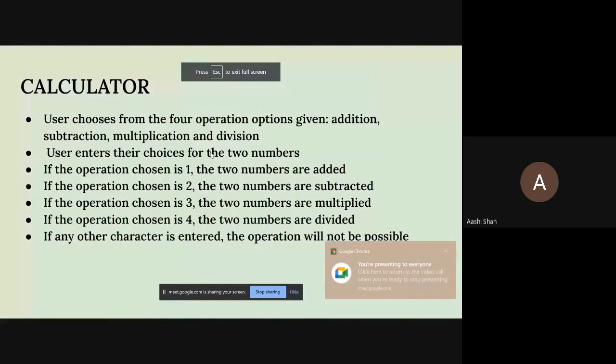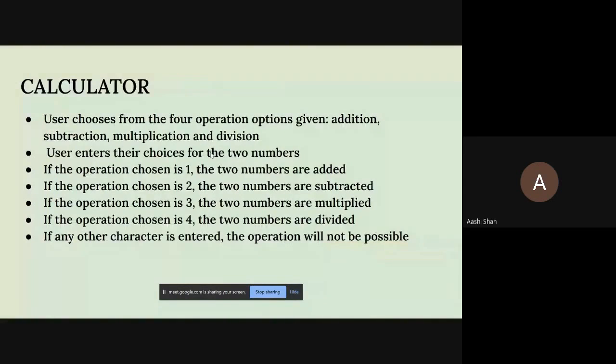A simple calculator is where the user chooses from the four operations given: addition, subtraction, multiplication, and division as 1, 2, 3, and 4 respectively. After they've chosen their operation, the user enters the two numbers.